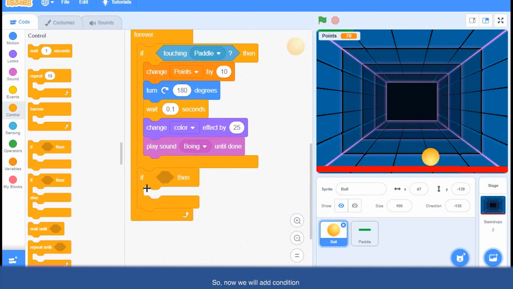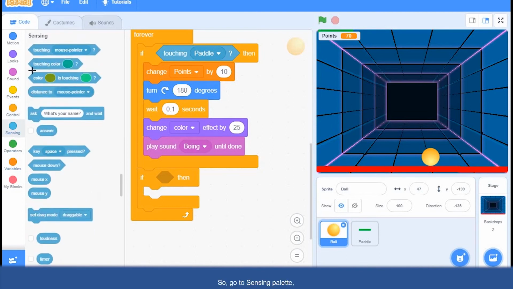So now we will add the condition: if touching red color, then stop all. Stop all means it will freeze everything and the game is over. So go to the sensing palette, get the second block, touching color, drag it and attach it inside if.